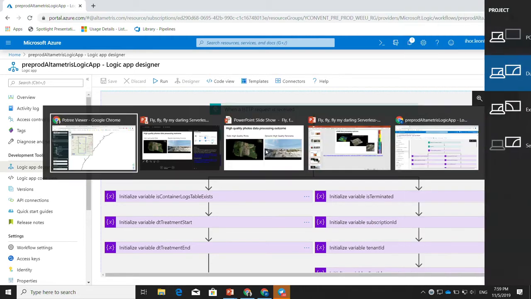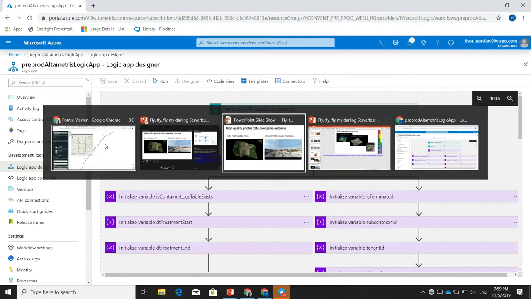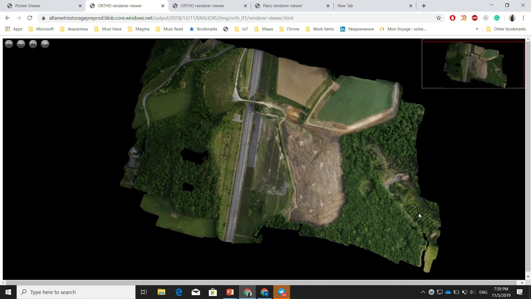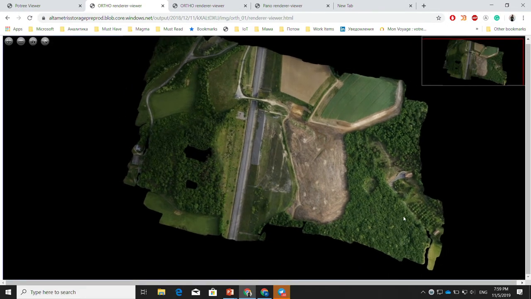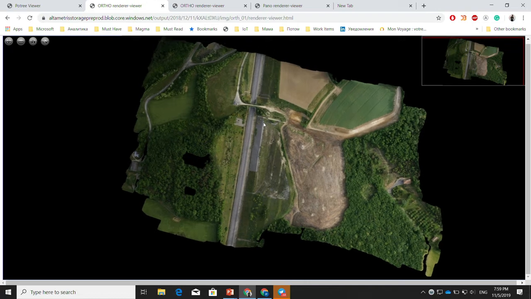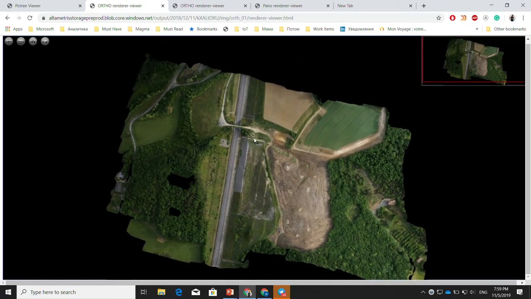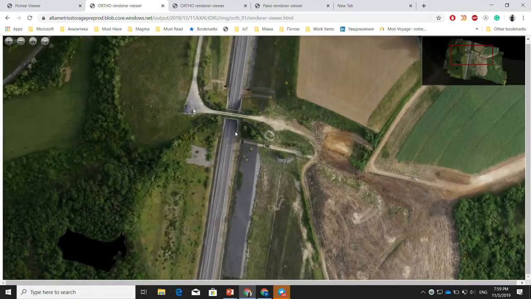Yeah, you can see my screen. Just a second. This is the first photograph. It is part of an analysis made for one place in France. On this photo, we can see the bridge. Let's analyze what the status of this bridge is. Okay, we are starting to zoom in.